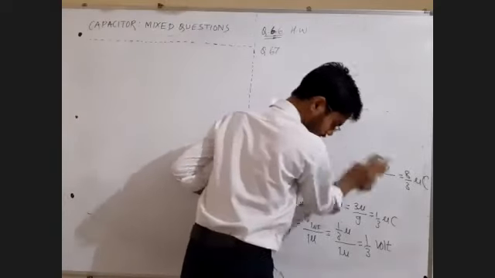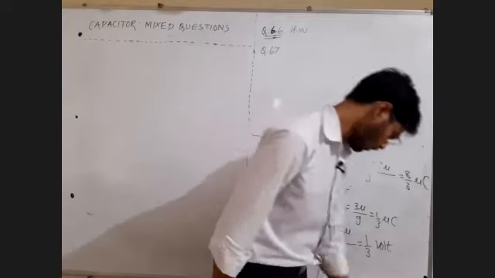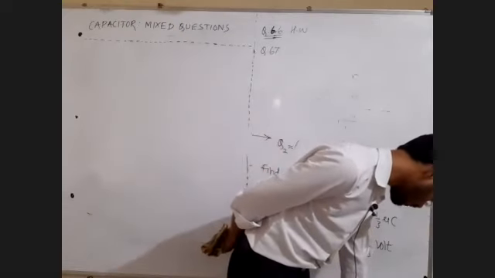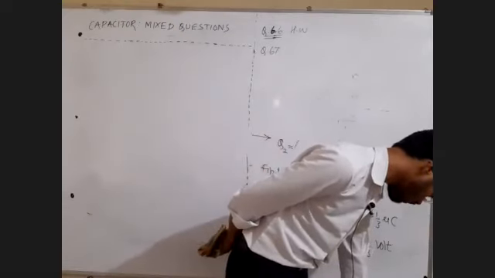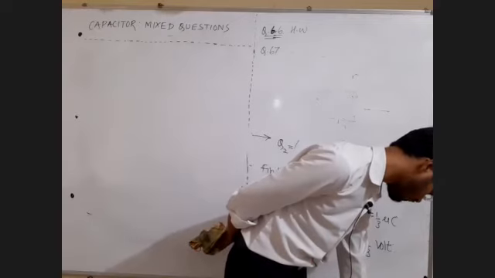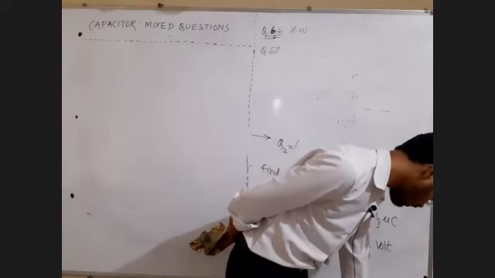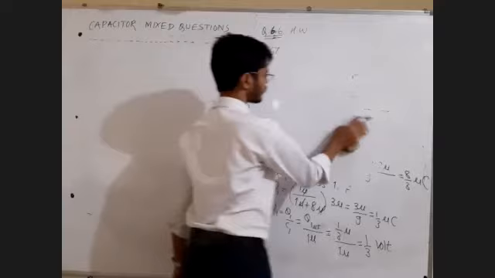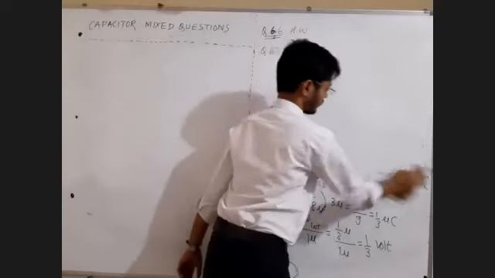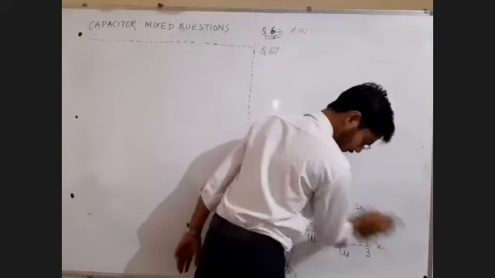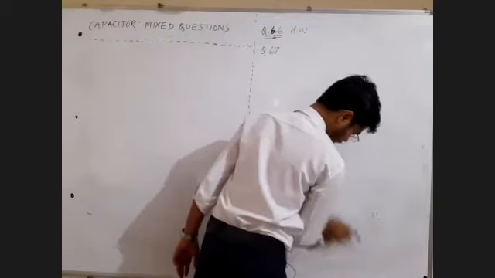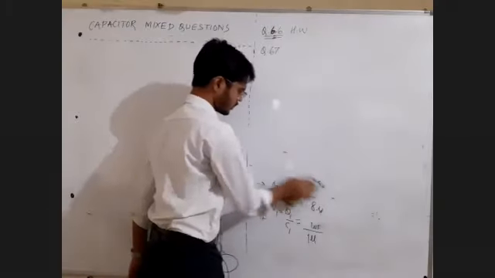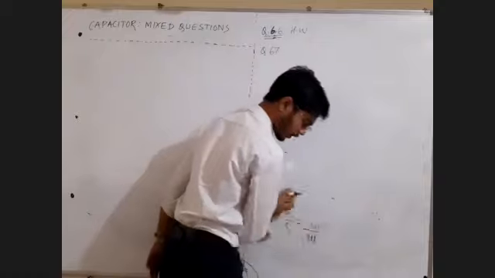In question number 67, what are we given? One plate diagram is given to us. The area of all the plates is A, the distance between adjacent plates is small d, and we are asked the charge on plate 1 and 4. This is going to be a little bit trickier, but let's try to find out the answer.